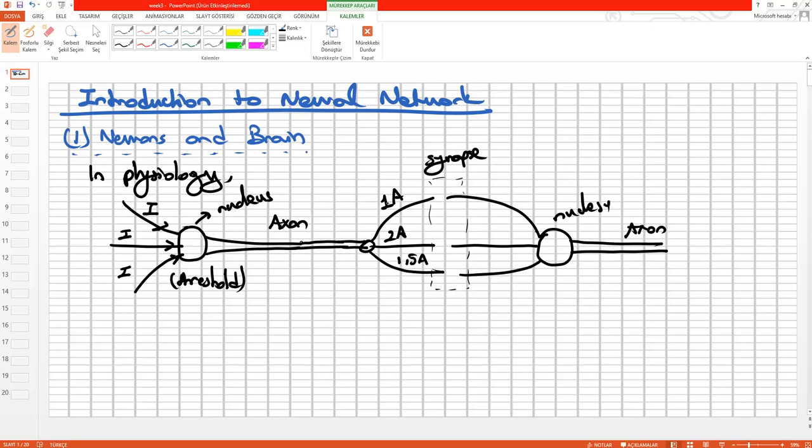But in an automatic way, because we don't know how we learn this synapse empty space in here, shorten and lengthen, or how much current should be transmitted into another one, but we can do that. But we don't know the main mechanisms of these things. Okay? And so this is the physiology, but in mathematical notation,